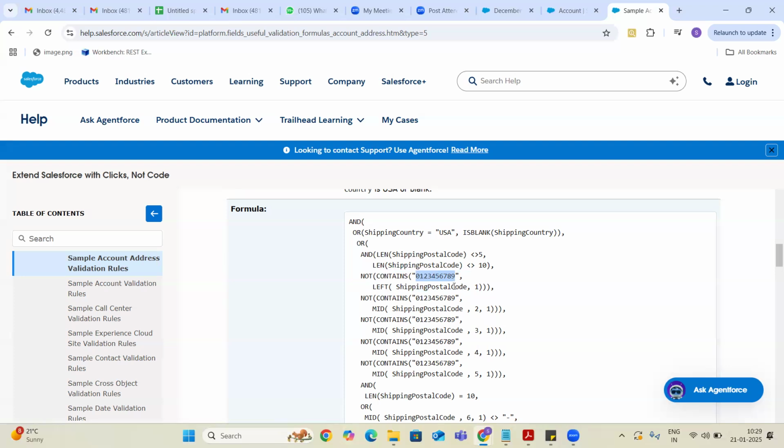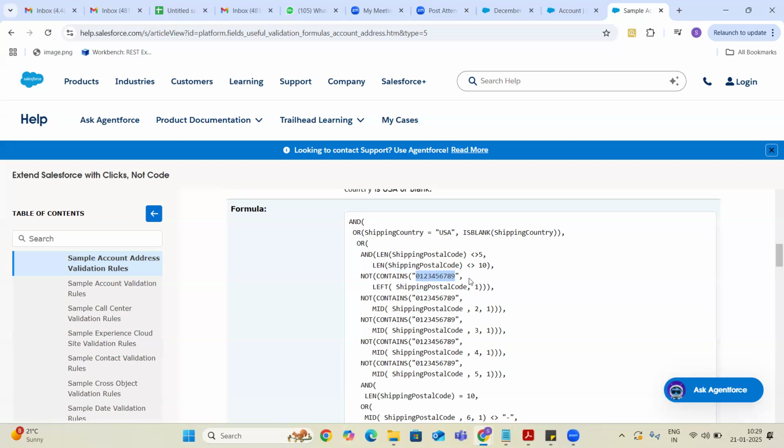For example, if I give 5, obviously this digit contains 5, right? So then it will return true. If it contains, then it will return true.